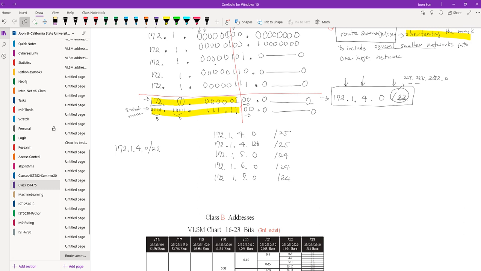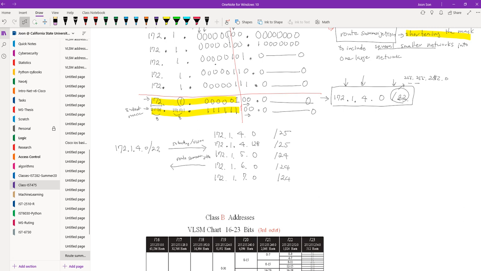and then give you some requirements, such as the number of host IP addresses. From this, you create the subnets. That's subnetting, or VLSM. But the opposite process is route summarization. In route summarization, what is given is the smaller subnets, and you need to come up with a large network. So you see the process is exactly opposite.